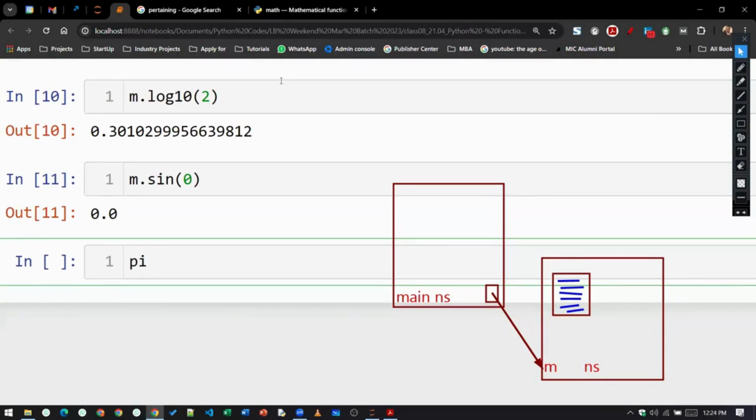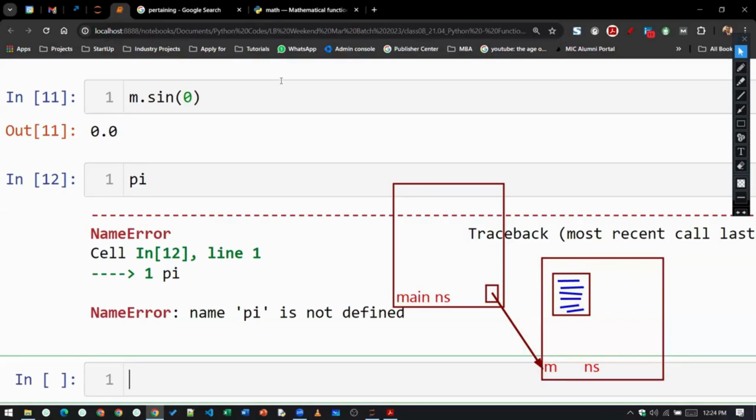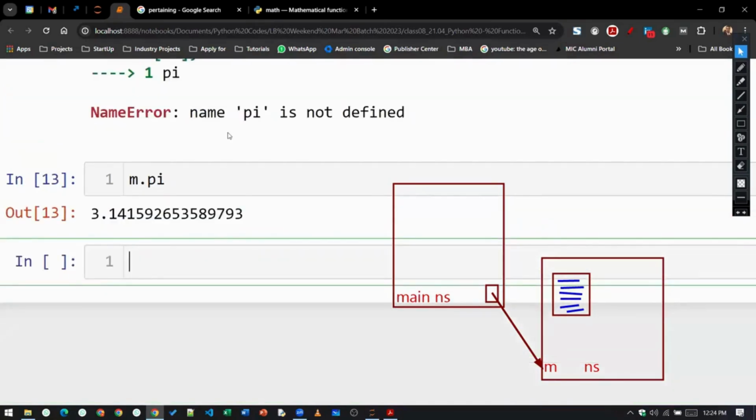Pi, life of pi. Yes. So pi is not defined, right, in core Python. But if I write here m.pi, it will work fine. So you can see, class,